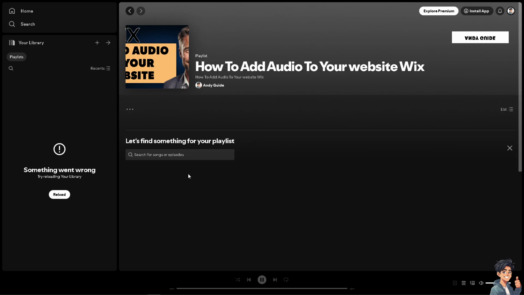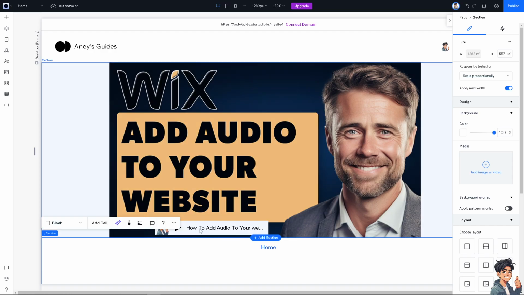Now, once you are on Spotify, just choose the song that you wanted to add to your website, but please be mindful that you have to make sure that you have appropriate license and copyright permissions to put these songs to your website, because especially if your website is designed for commercial use, it is going to be problematic at the end. All right, make sure you have copyright. You're not gonna get any copyright strike or license problems. All right, and all you're gonna do is again put in the URL of the song that you wanted here,